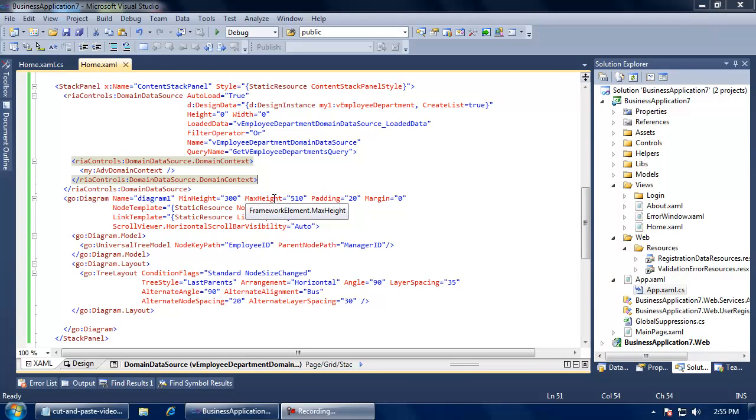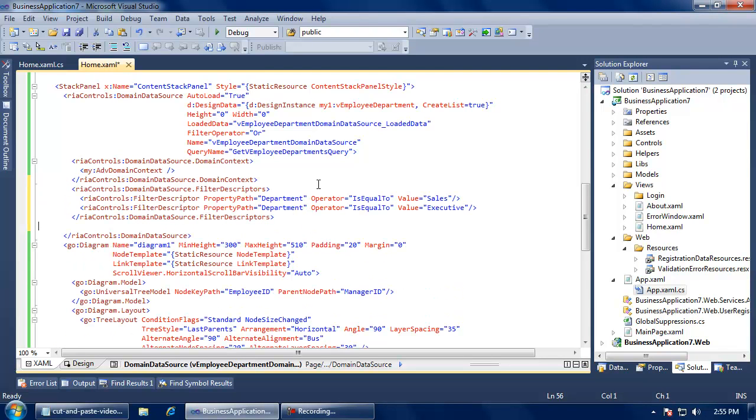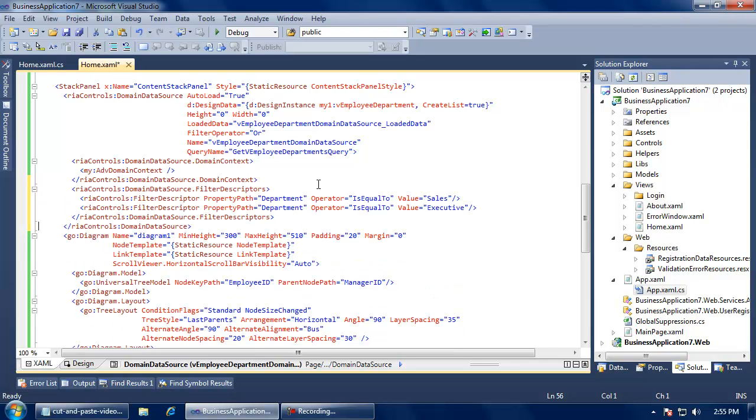The next thing I want to do is come to the domain data source and add some filters just to cut down on the data a little bit. We're adding a filter descriptor for property department, sales, and department executive. So we're just going to see the sales and executive part of the data, and up in the domain data source we've added a filter operator or, so it's this or this. We're now going to go to the